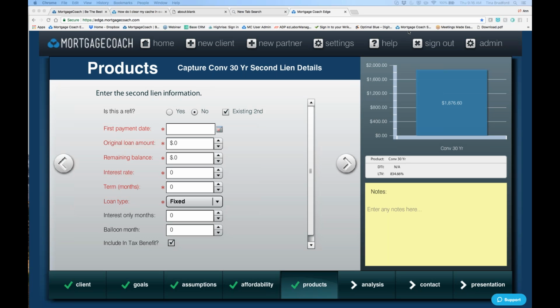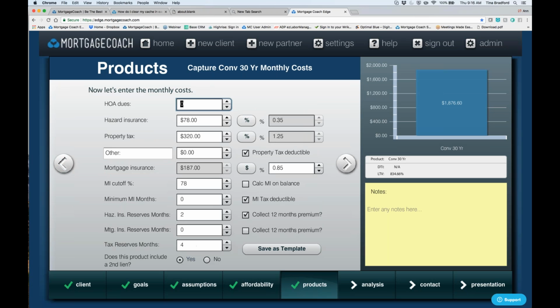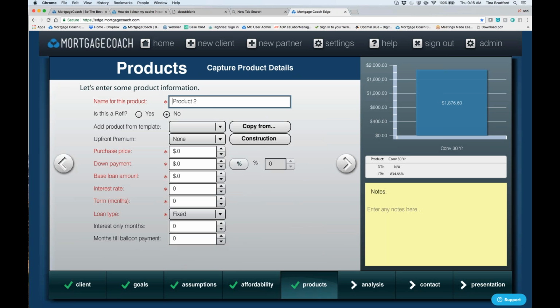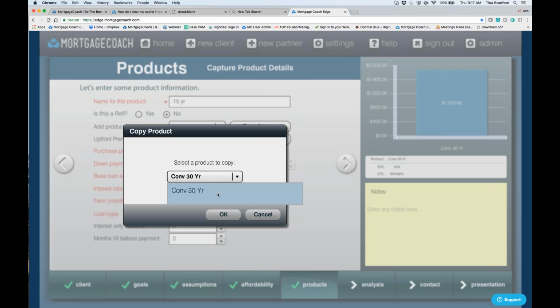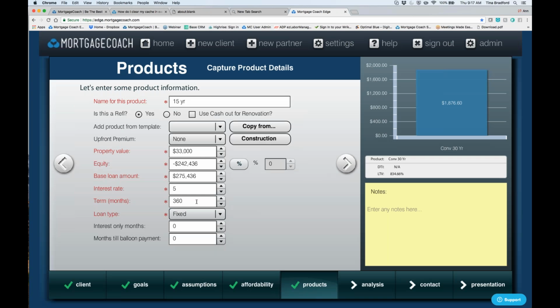Let's go ahead and go back over here. I'm going to go into, I don't think I put enough information. Let's take this second loan off. And I'm just going to show you the loans as far as the products that you're seeing at the end. That's going to be identical to what you're used to. So let's just do a 15-year really quick. I'm going to copy from that 30-year and just change a couple of things on here,